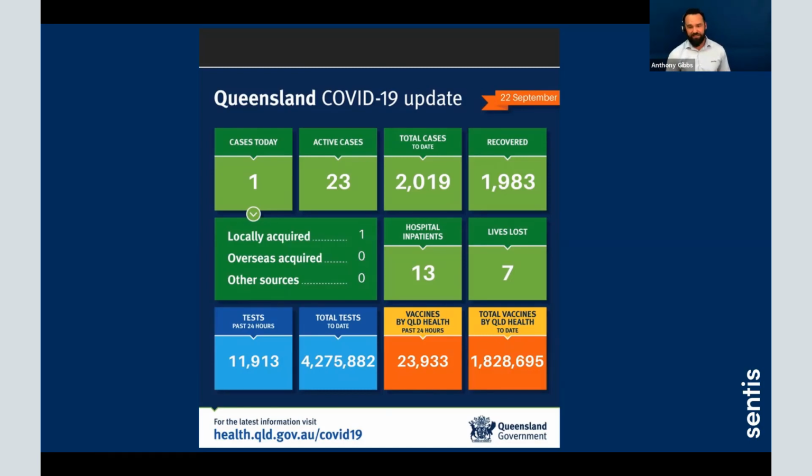Is it a lot? How does that sit against targets? What would we like to be achieving, if we've got a particular goal in mind? Same thing with these tests achieved. Is that a good number or a bad number? The 11,000, and that 4 million tests. Not sure what value that creates in terms of driving the sorts of behaviours that we want to see more